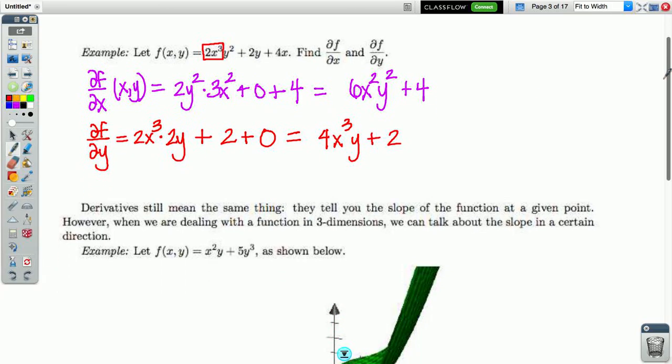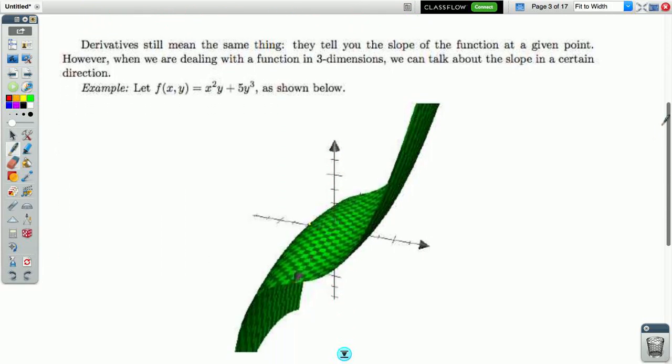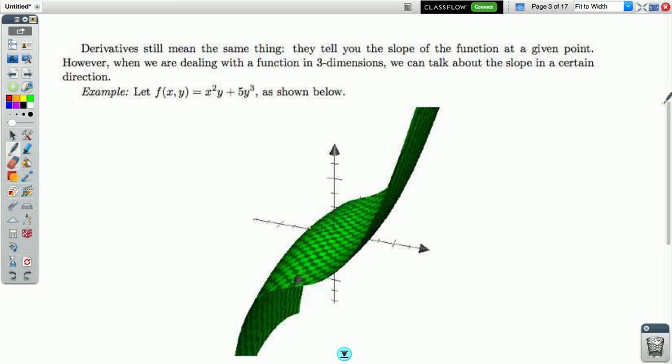So now that we know what partial derivatives are, let's talk about what they mean on a graph. And the nice thing is, they still mean exactly the same thing. Remember, back in single variable calculus, the derivative just meant the slope of a function at some point, or a function that gives you the slope of the function. Now, in multivariable calculus, this means the exact same thing, except that maybe we have a function that's like, let's see,